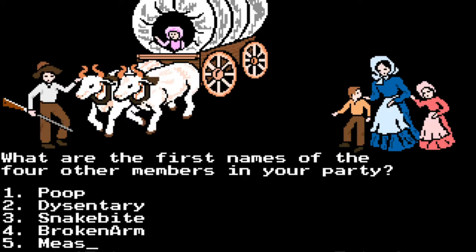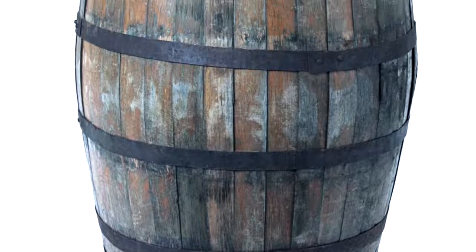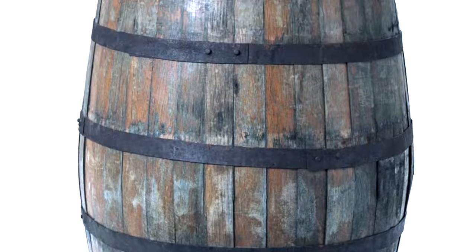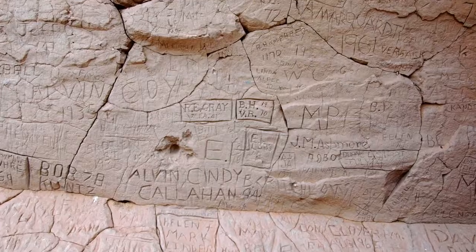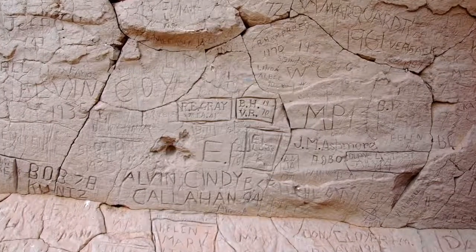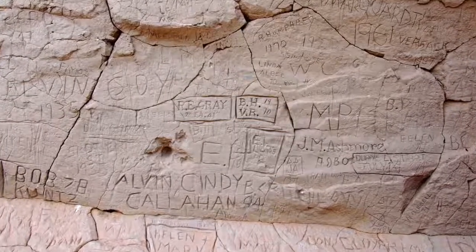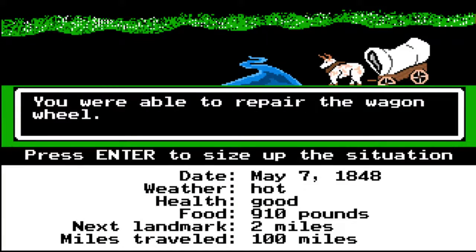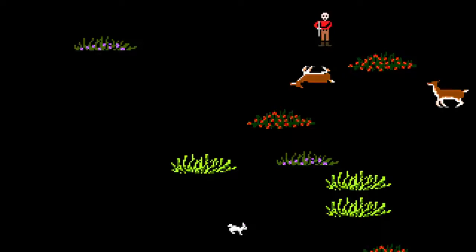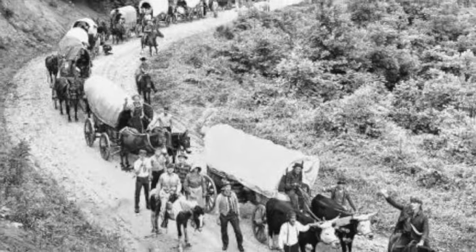To make it easier to keep track of each other, family and friends would sometimes leave a barrel full of name cards at a junction, so people behind them on the trail knew which way they went. Thousands of pioneers also left their names on rocks and trees, although usually that was just to say they'd been there. At any rate, now that we have a better understanding of just what the Oregon Trail is, let's get into the difference between the game's interpretation of what it was like to travel on it and reality.